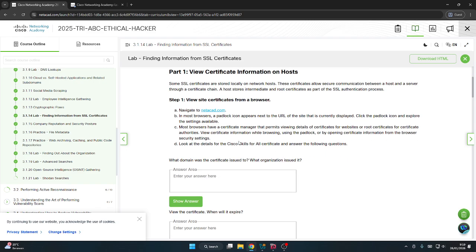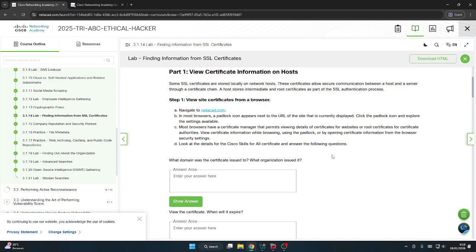Most browsers have a certificate manager that permits viewing details of a certificate for a website or root certificate for certificate authorities. View certificate information while browsing using the padlock or by opening certificate information from the browser security settings.